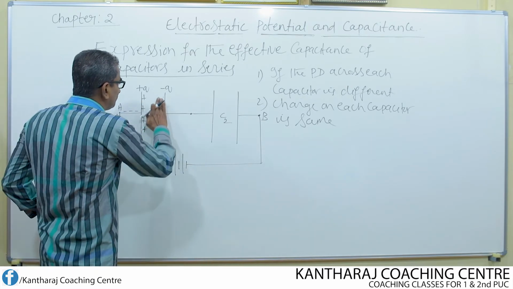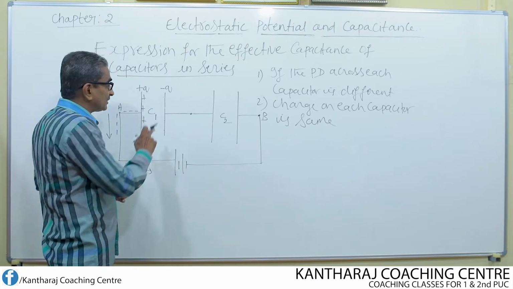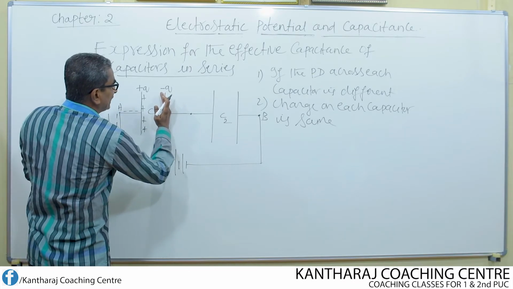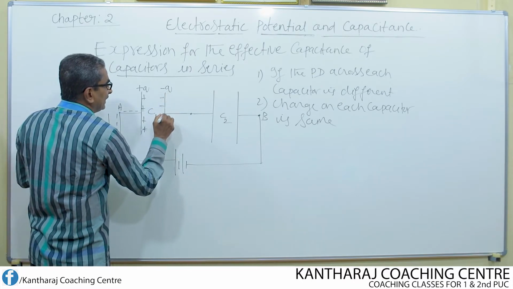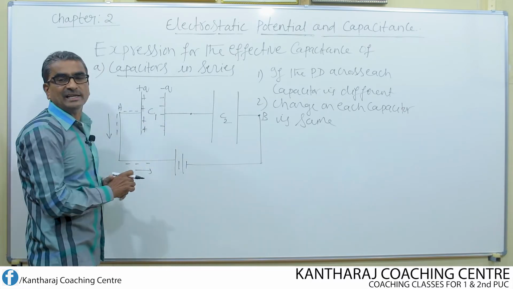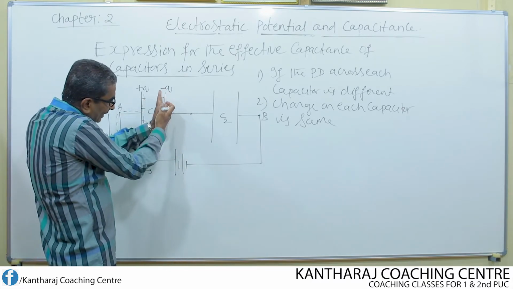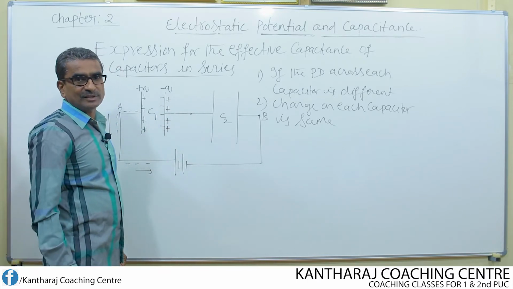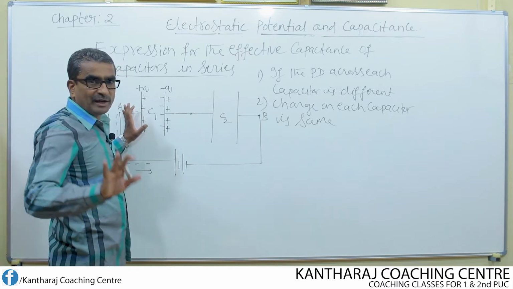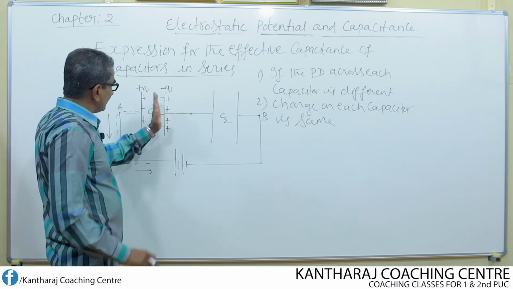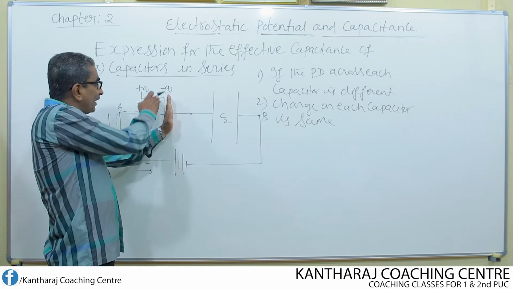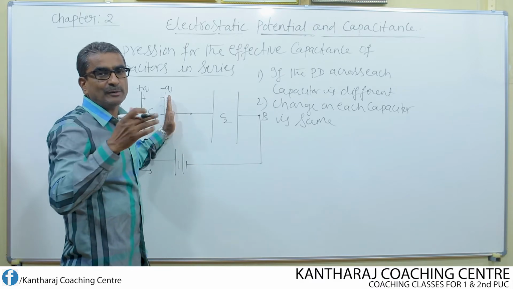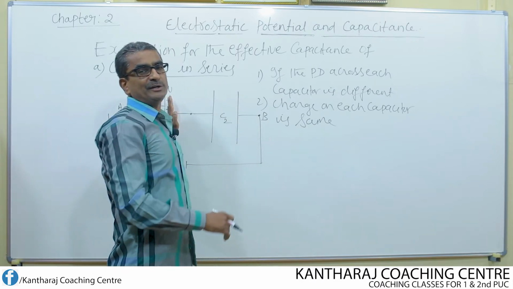Now what about this plate, whose charge is initially 0? This plate, due to charging by induction, acquires an equal amount of negative charge on the inner surface, whereas on the outer surface an equal amount of positive charge is induced. Suppose this plate has 5 microcoulomb of positive charge; on the inner surface of the second plate 5 microcoulomb of negative charge will be induced. On the outer surface, once again 5 microcoulomb of positive charge is induced.